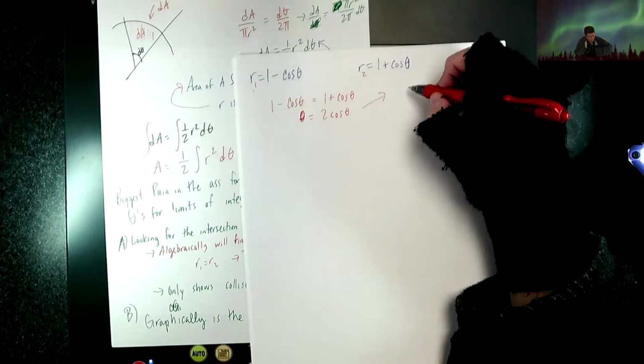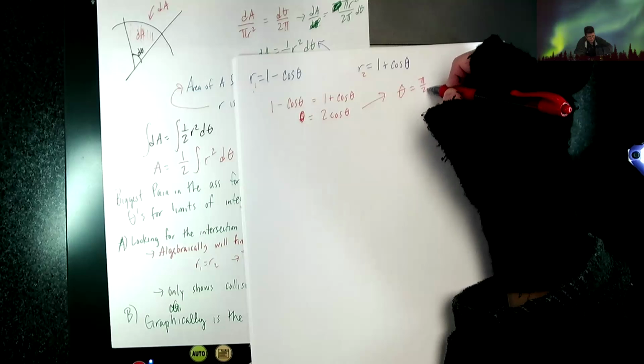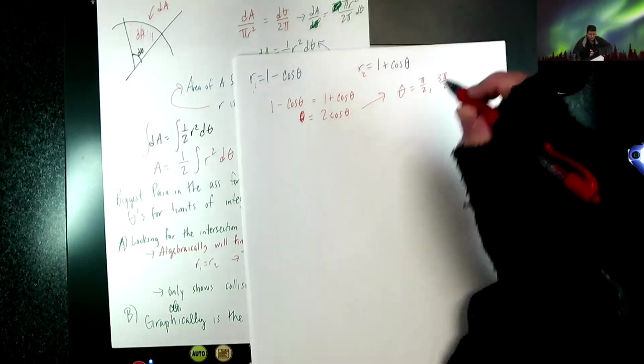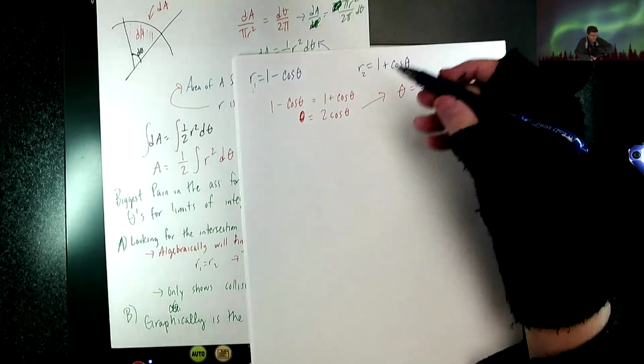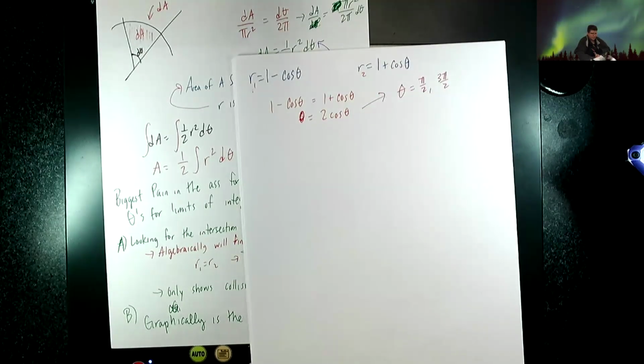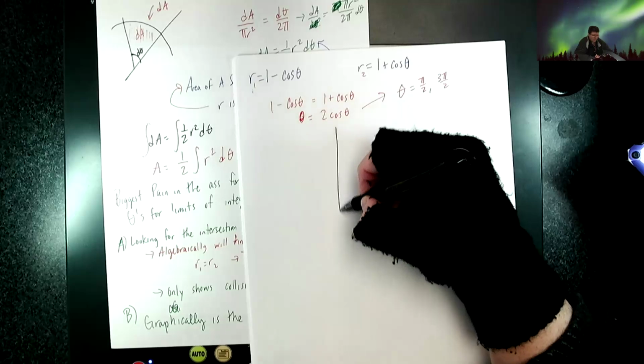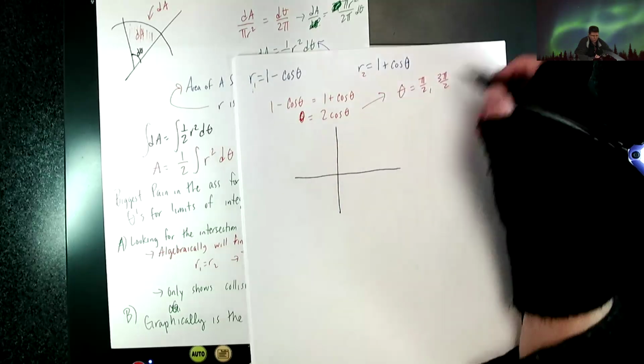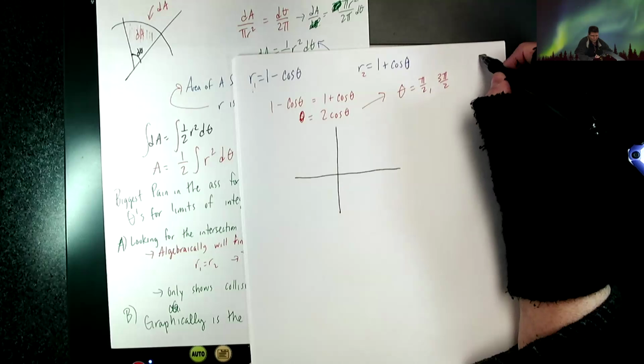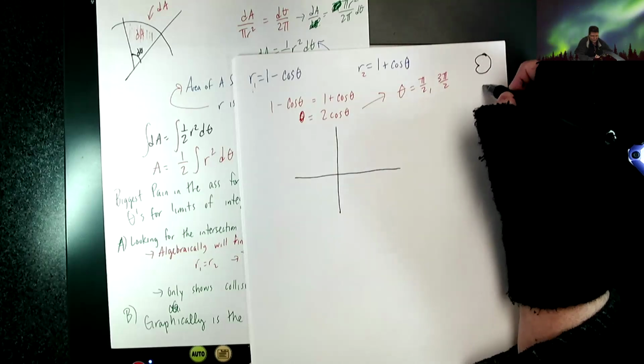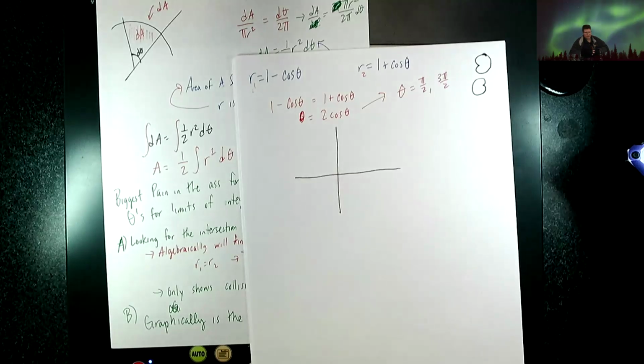And where does that occur? Pi over 2 or 3 pi over 2. And if we sketch these two, these both look like cardioids. One of them does this and the other one does this. Cosine goes left or right, and the easiest way to remember which one is which, when they have the same matching coefficients, is to just plug in theta equals 0 and ask, is it to the right or to the left? When theta equals 0,